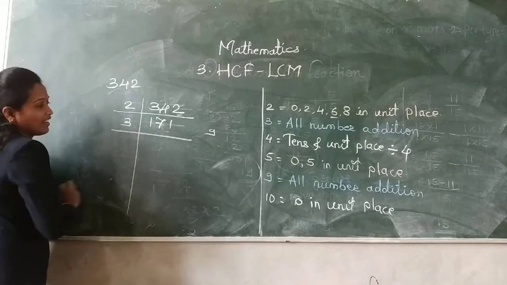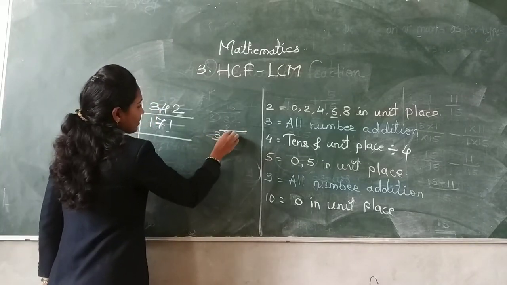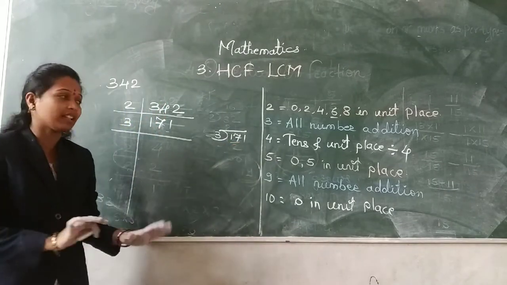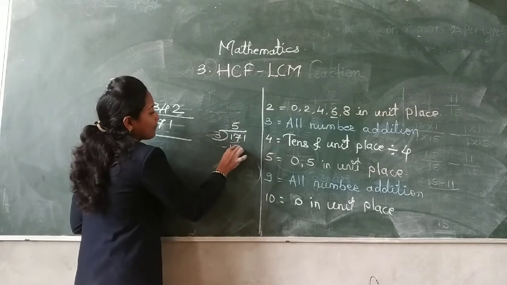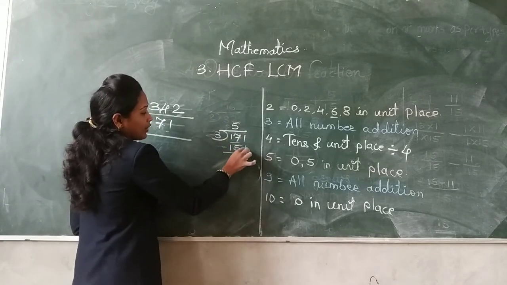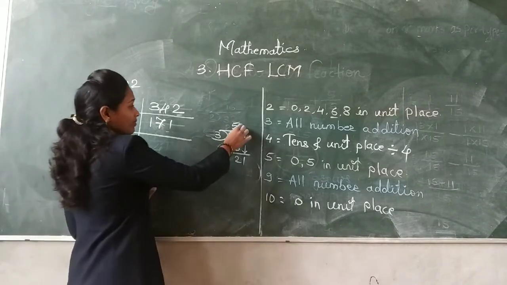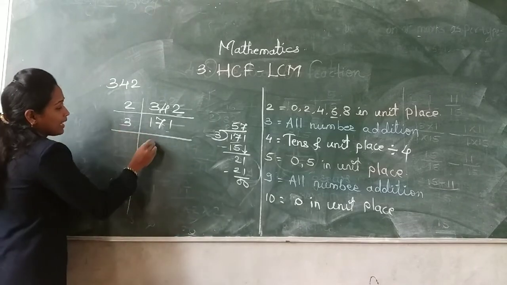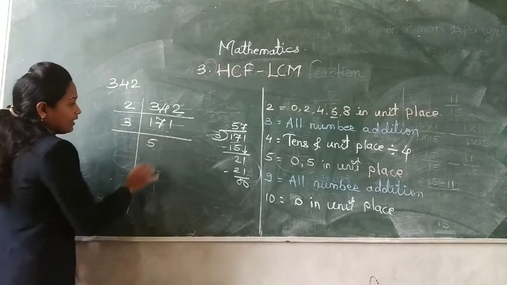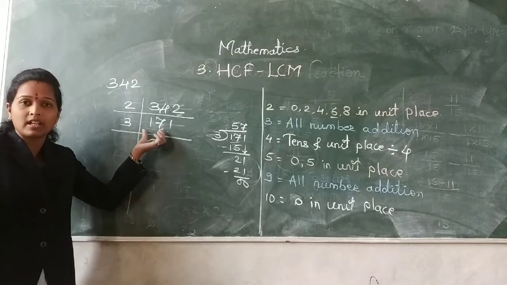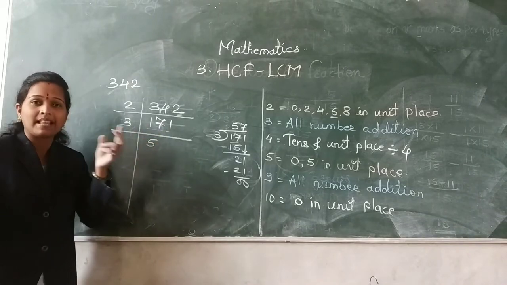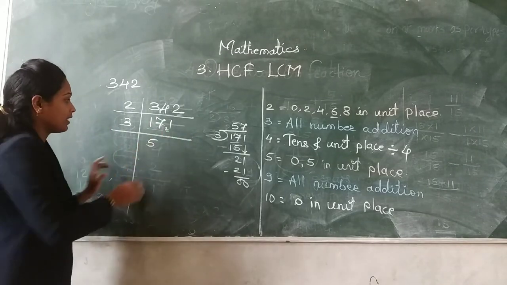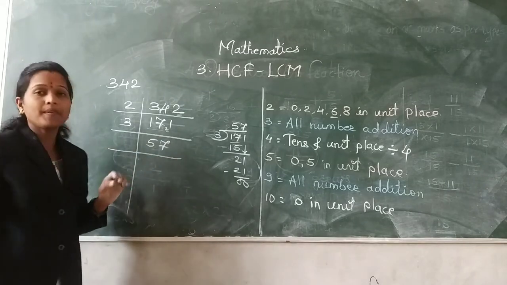Okay, so do the division. By 3 we have to divide 171. How to divide? In the table of 3, 17 is not there, so take the smaller number than 17. 15 is there, 3 fives are 15. 17 minus 15, the answer is 2. The next number comes 1. 3 sevens are 21. So our answer is 57. In the same way, for 17 we are taking 3 fives are 15, because 17 is not there, so we have to take 15. 17 minus 15, the answer comes 2. Write down that 2 smaller here. The next number is 21. 3 sevens are 21. Now 57 is there.